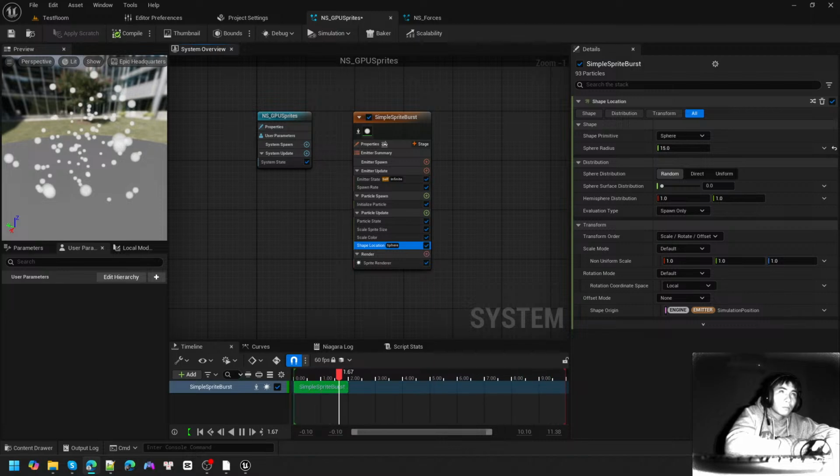I'm also going to take this pen noise field and give it a value of 1. I'm going to decrease